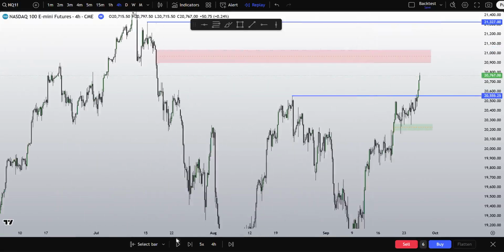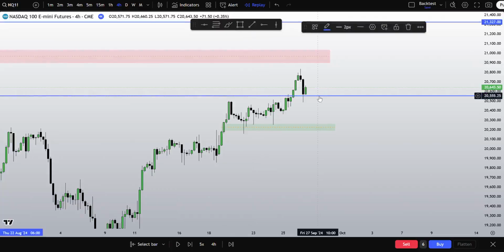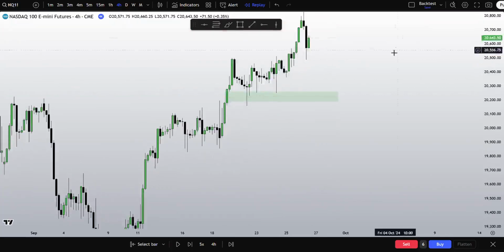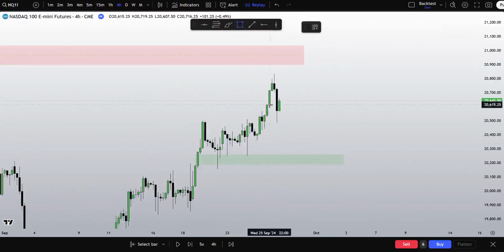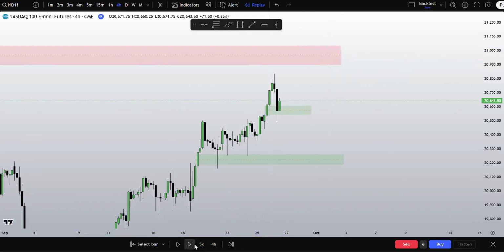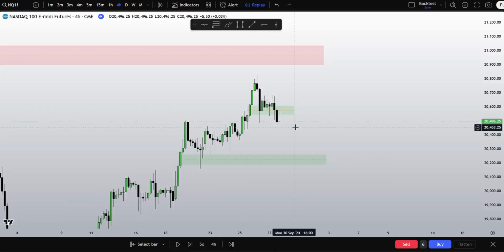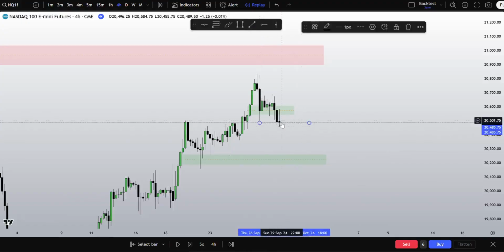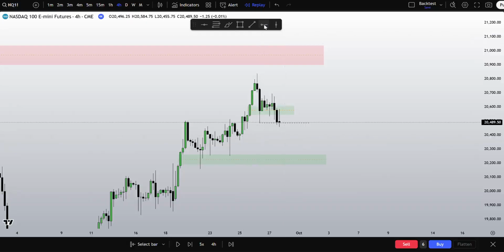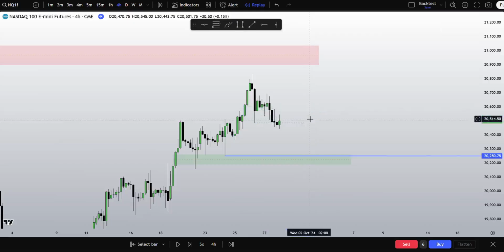We are in one right now as well. I'd like to see us reverse from here. I want to see if we disrespect any PD arrays. Still respecting this one. Still respecting it once more. Disrespected it. Took this low. Should we disrespect this and continue lower? I want to see this low tapped into with this imbalance right here at 20,250. If we don't reverse off this low right here.